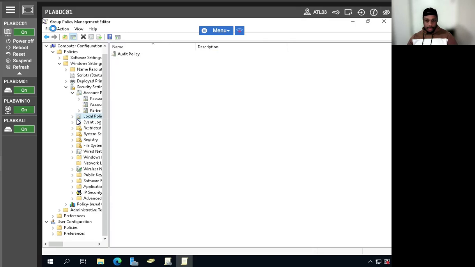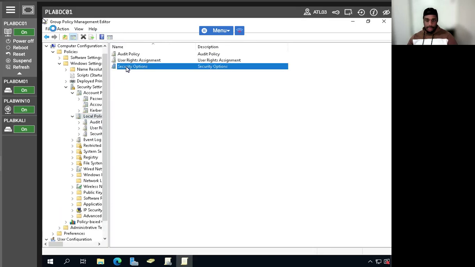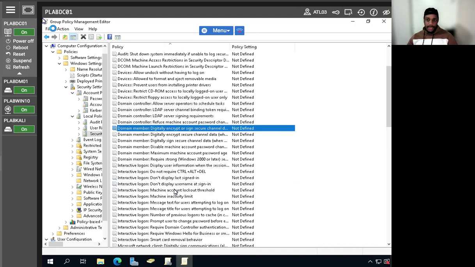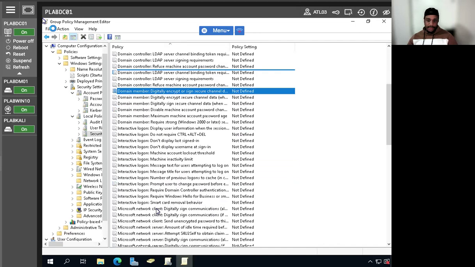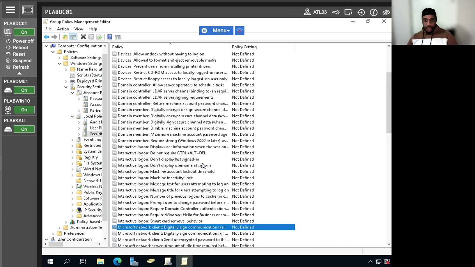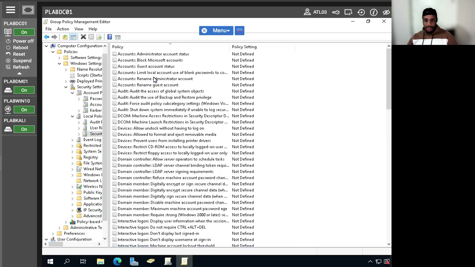Go to local security options. We can see a long list of policy settings or options. But what we're going to do now is just disable the guest account on all domain systems. And we're also going to rename the account too. So let's actually